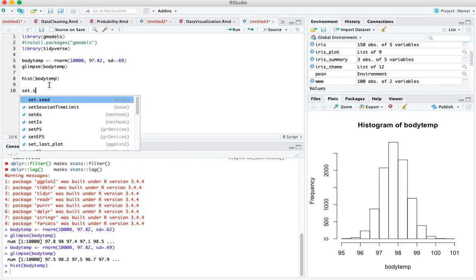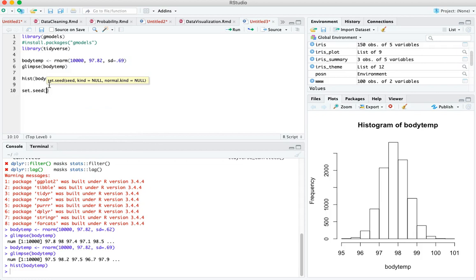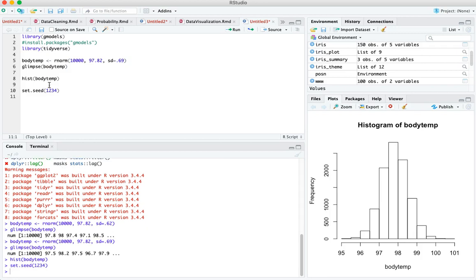We're going to set a seed, and the reason we're going to set our seed is because we're going to take a randomly selected sample. And in order to do anything random and yet repeatable in R, you need to set the seed. You need to tell it exactly how you want things to be run randomly. It's pretty common to set the seed as 1, 2, 3, 4, so that's what we're going to set our seed as. Then we're going to take a body sample,